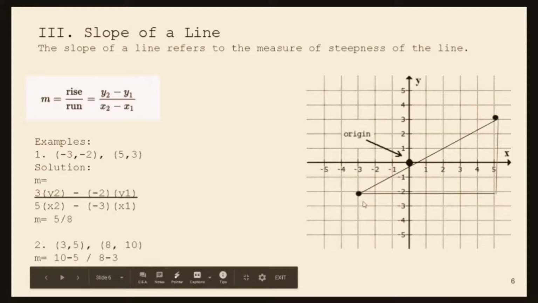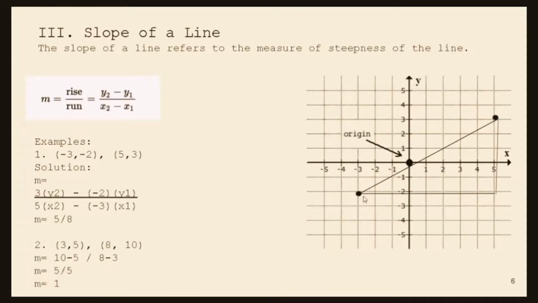Basta pagka gagamit lang kayo ng graph, gawa lang kayo ng triangle. Gawan nyo ng linya para mas madali nyong makikita. Tapos, bibilangin nyo lang yung horizontal, kung ilang points yung madadaanan mo dyan. Tapos, yung pataas naman, yung rise mo, bibilangin mo rin yun. Tapos, gagawin mo lang silang fraction. Yung rise yung dapat nasa taas, tapos yung run yung nasa baba. Ganun lang. Tapos, kung coordinates naman yung binigay sa inyo,